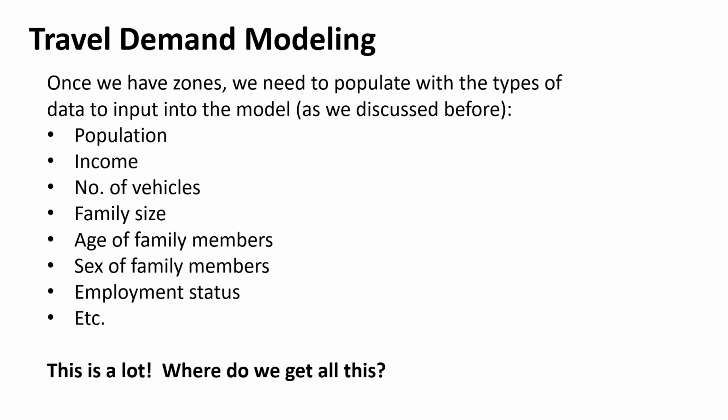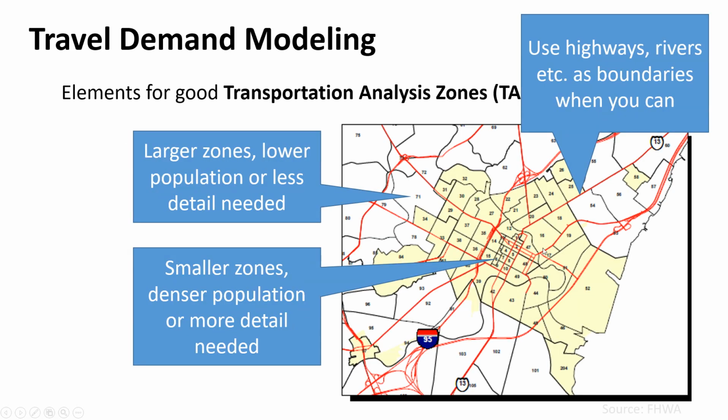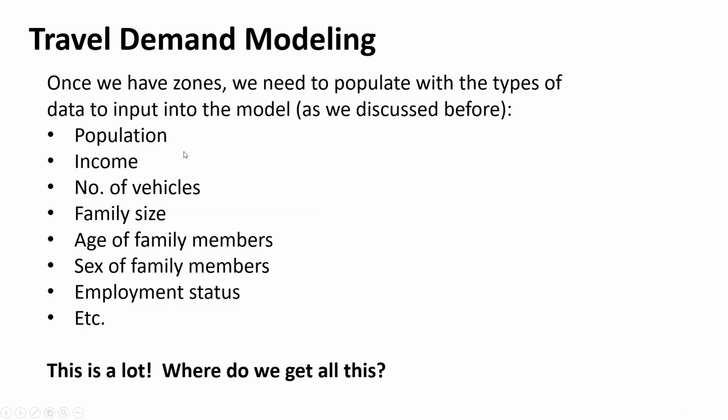So we're back to these analysis zones, and we talked about how these are some of the factors that we're going to use as inputs. We had a much bigger list before, but here's some of them, right? In each one of these zones, you have to figure out all of those factors. So what's our population inside that zone? What's the average population per household in the zone? What's the average income? How many vehicles do these households own within that zone? The family size, that's the household population. What's the age, sex, employment status, all those things can affect how many trips people make. And there's more, we had a lot more.